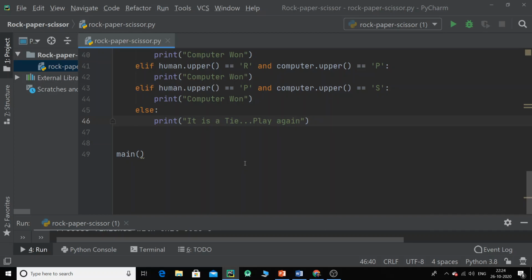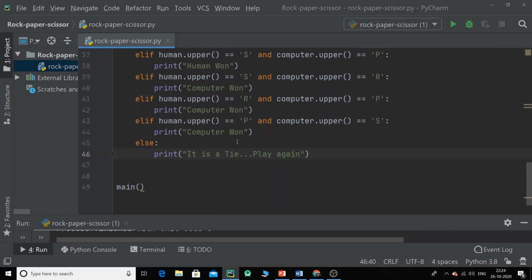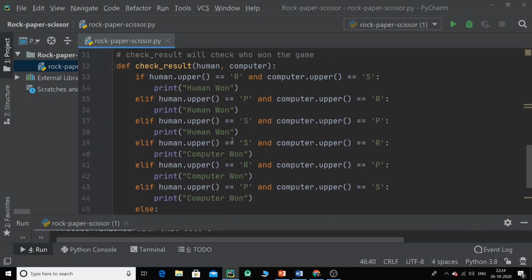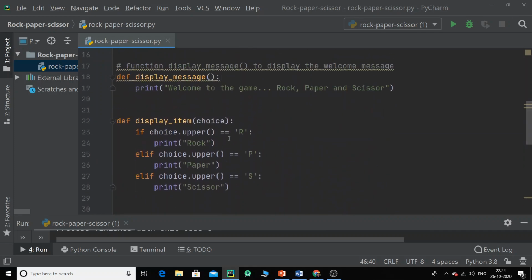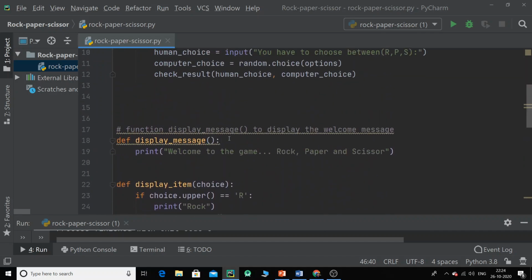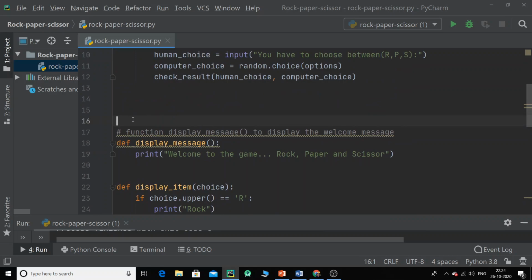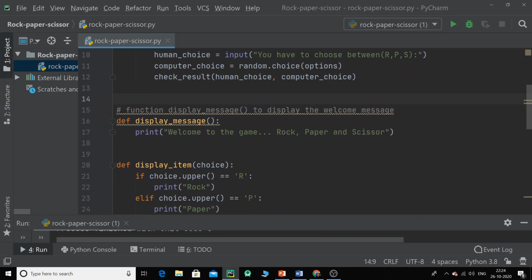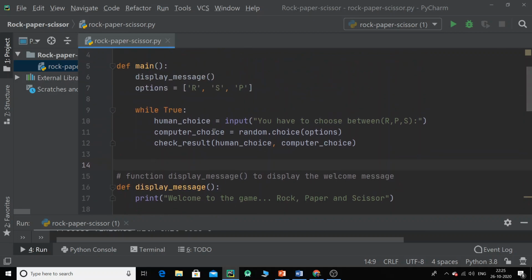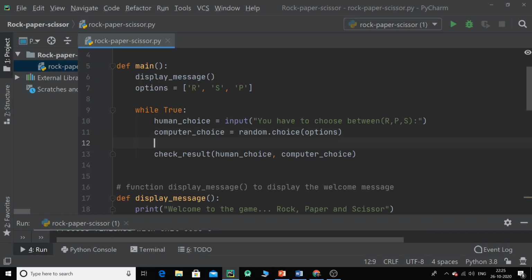So what we can do is, unless and until somebody wins, the game will continue. Or we can have a value that is q, and if the user gives q as the input, then the game is going to stop. So we can do it that way also. So what we can do is, choice, and